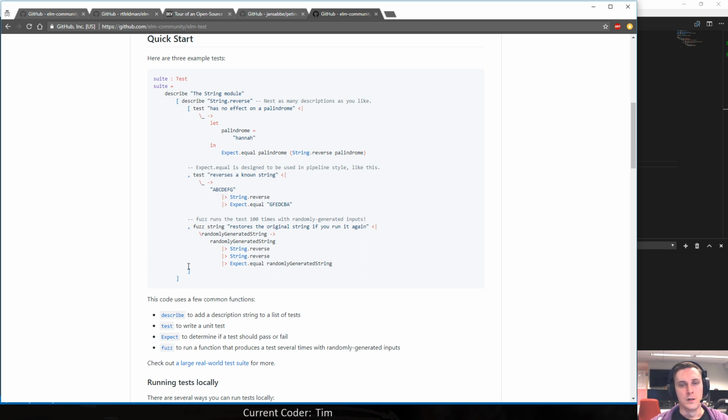For example, let's say there's an arbitrary reason why your string that you need to reverse is only 10 characters long. You could also constrain your randomized input with that, with the fuzzy testing logic.